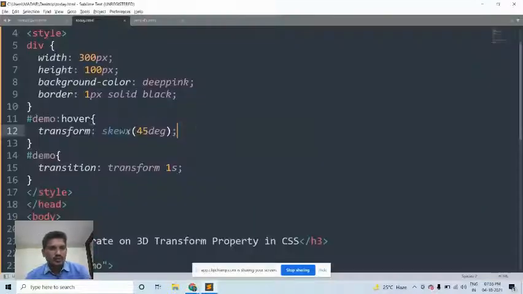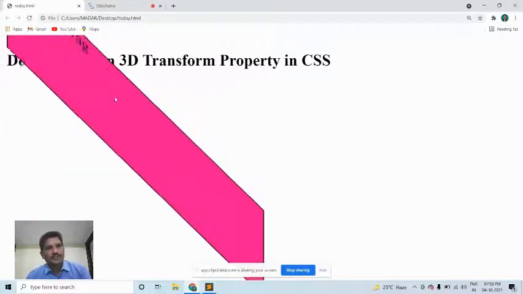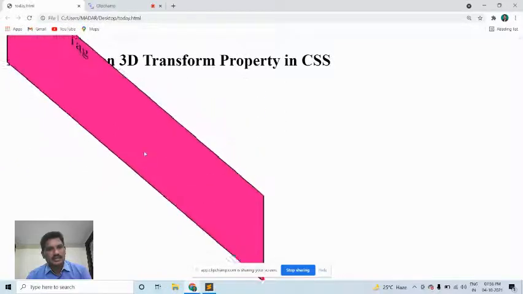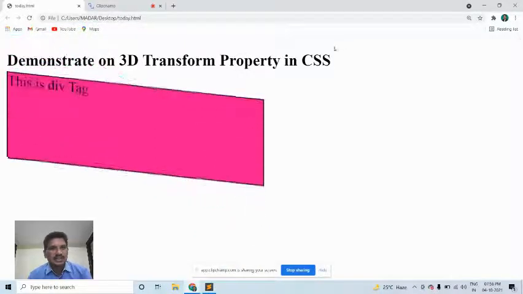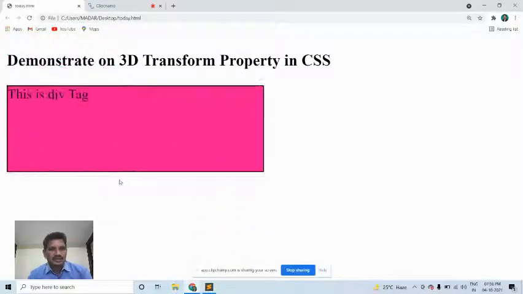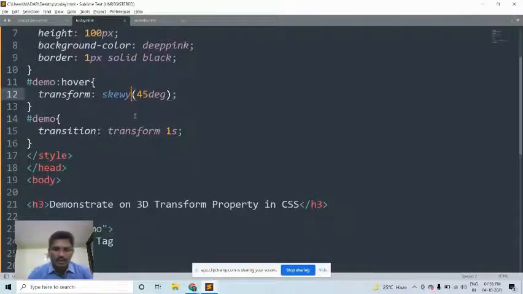If I use skewY, the choice is yours. You can see it is in the Y direction. Previously the object was skewed in the X direction; at this time the object has been skewed in the Y direction. This is about the skew properties. Then skewZ: how is it performed?